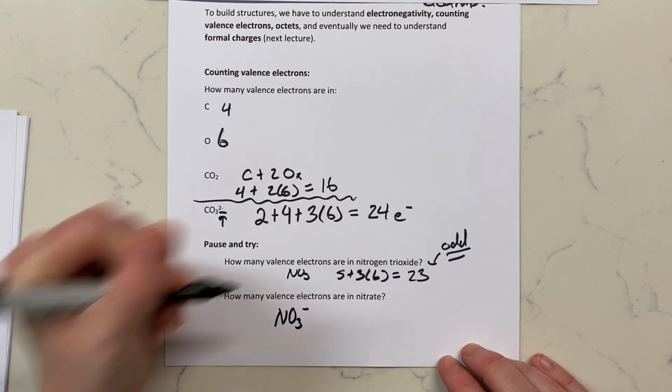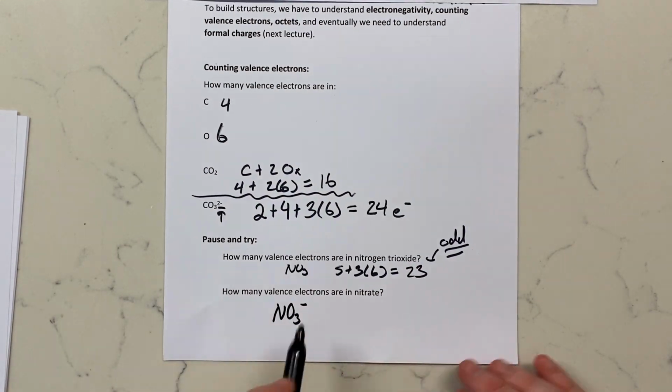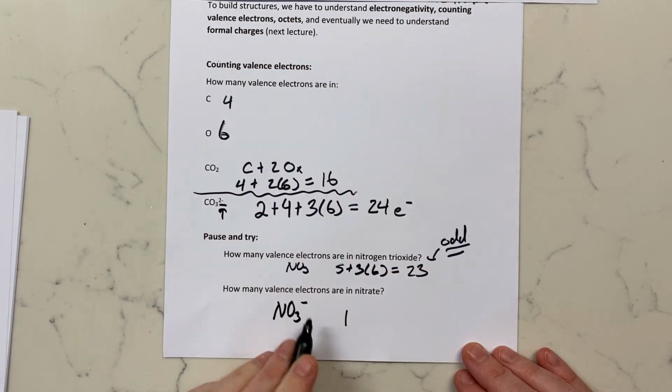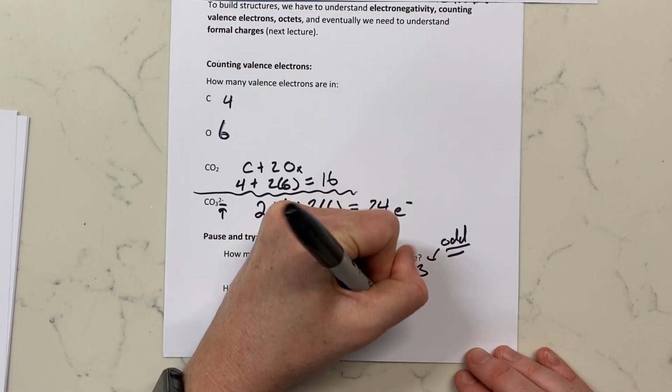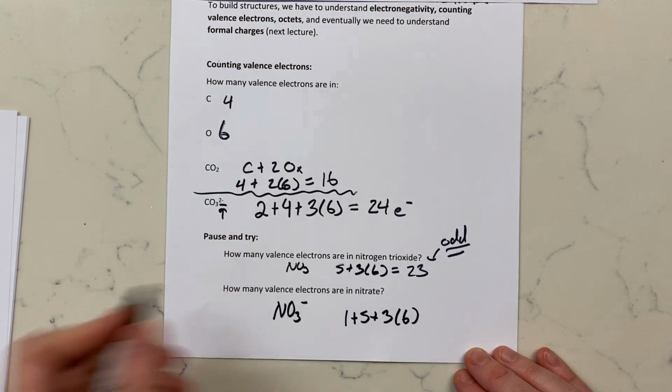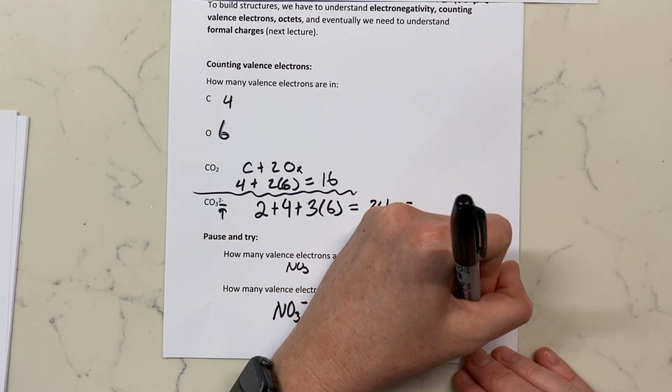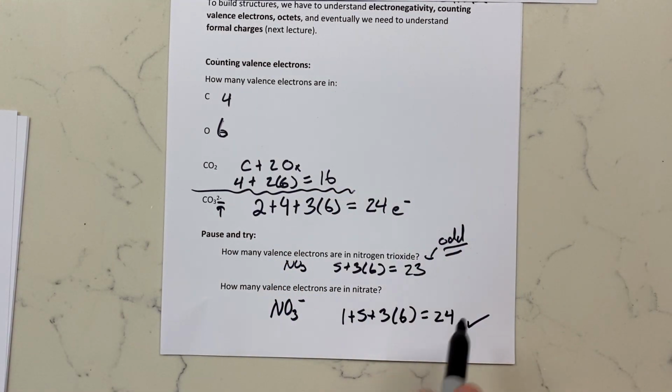That's NO3 negative. Now, according to our rules, the very first thing we should put is that 1 electron plus 5 from the nitrogen plus 3 times each of the oxygens, and that will give us 24, and that's looking a little bit better. We can draw a Lewis dot structure with an even number, so